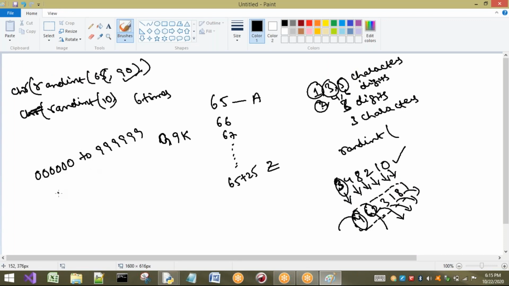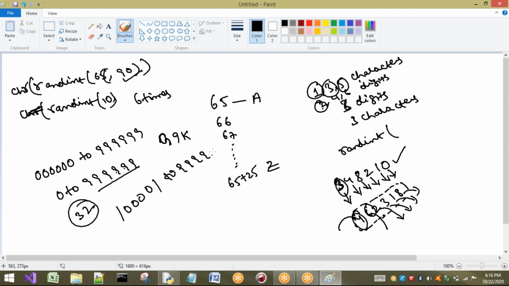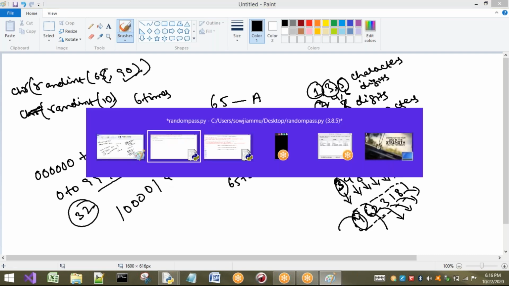The meaning of this one is what? 0 to 99999. Okay, then it is going to give that. So here it can give me 32 also, which is a 2-digit number, but I require a 6-digit PIN. So if you want, we can take some other value like 1000. This is 1 2 3 4 5 6 0 1. We can take up to here, but let us see how to do it.